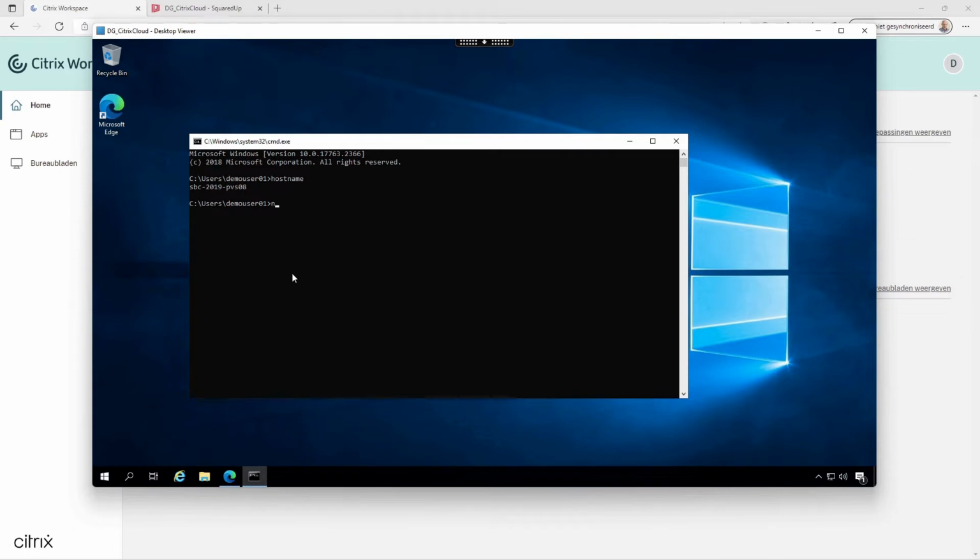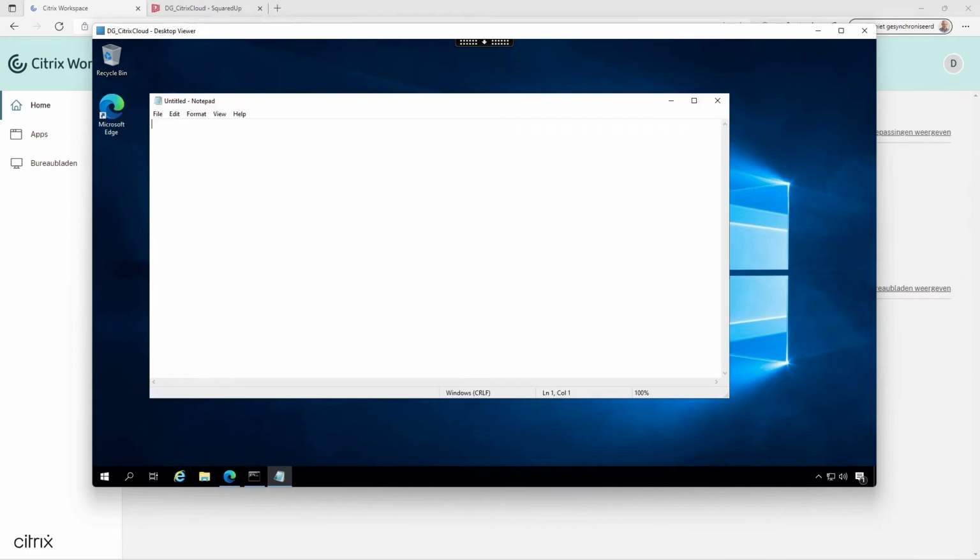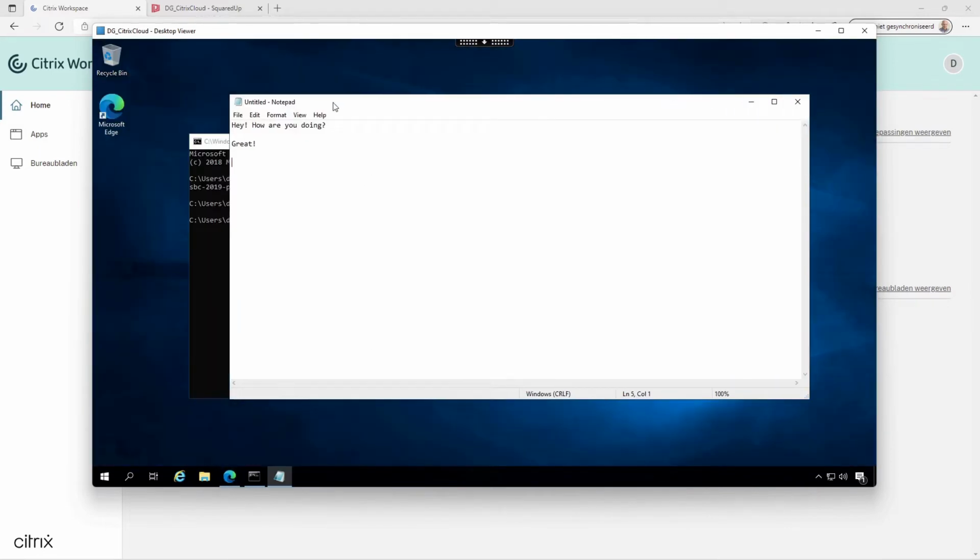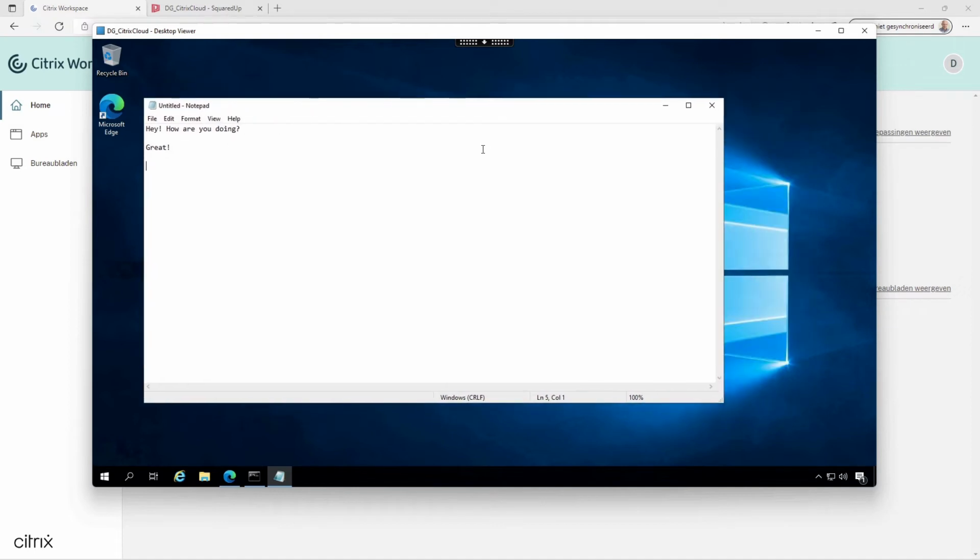Okay, so I can open Notepad here. And let me see if I can paste some text from my local machine into my session. That seems to be working well. So yeah, this is how a healthy Citrix session should respond. It is responsive, it has a decent logon time, and well, everything feels snappy. So let me minimize this session,